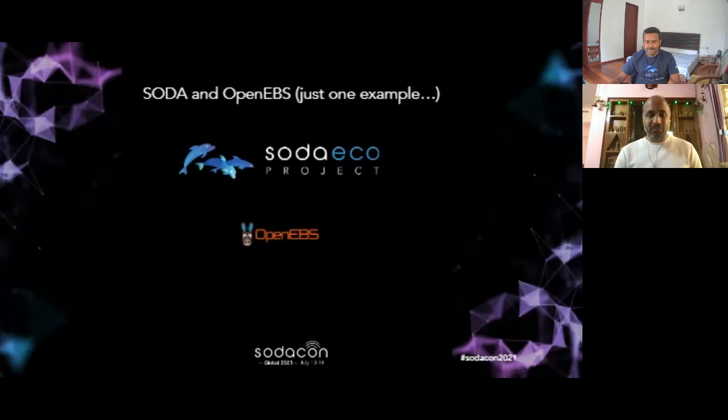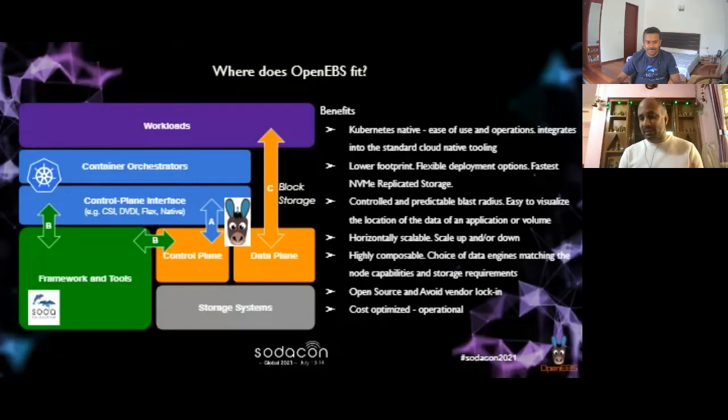Thanks, Anil. So just quickly running through how any of these container storage projects fit into the overall diagram. This is actually a framework that CNCF developed as part of the storage white paper that was published and is also getting updated continuously. It's been around for some time now. So any stateful workload consumes storage through a specific data path; you can consume via block storage, file systems, or object storage. In case of OpenEBS, we mainly support block storage, and the data layer writes it to external storage systems.